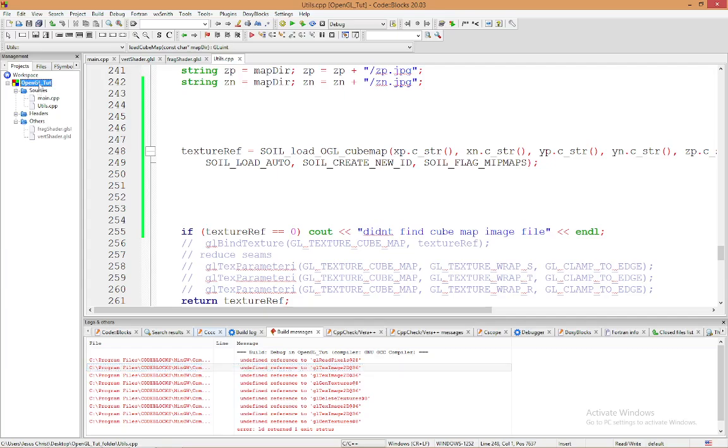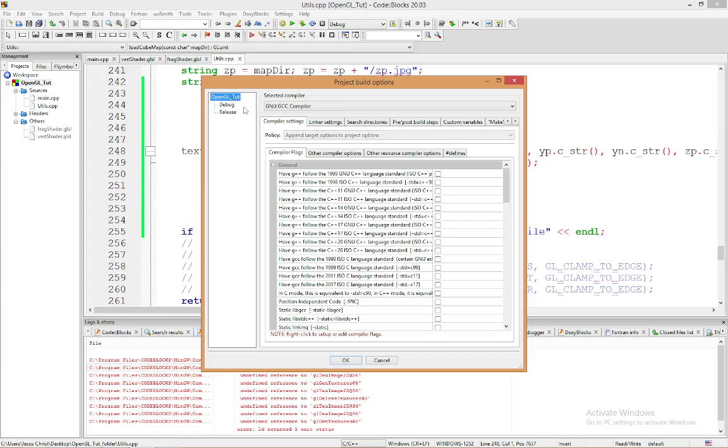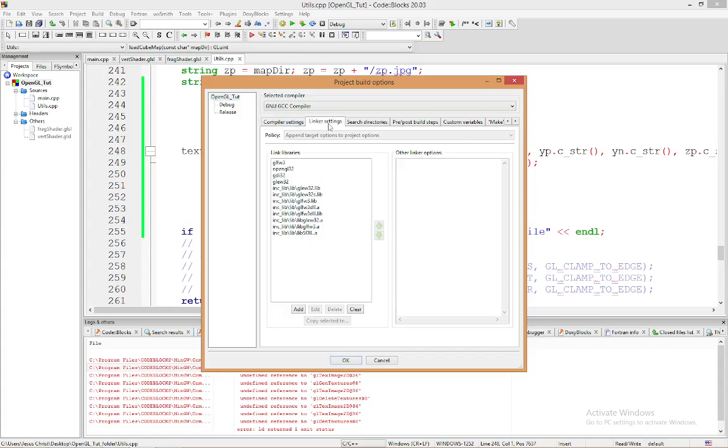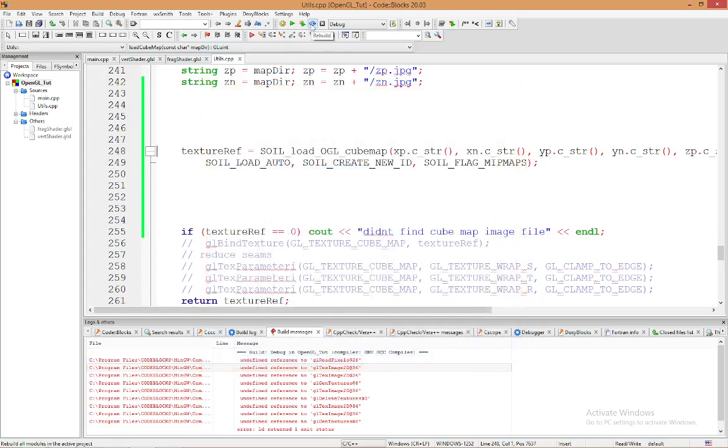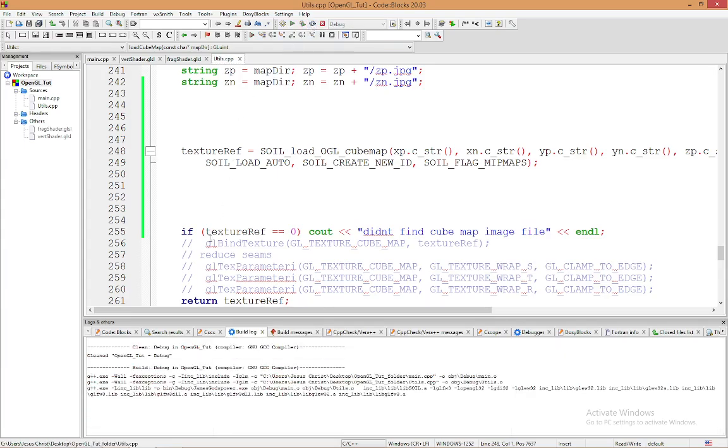Okay, so we go in our build options again, OpenGL Tut, linker settings, you go down to our soil. You don't want it at the bottom, okay? When you're working with soil and you have your soil part of your libs, it has to be all the way at the top. So what you want to do is click on it and move it all the way to the top, all the way up. Click OK,